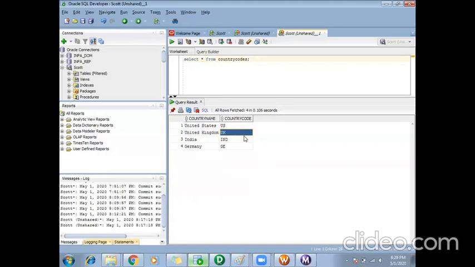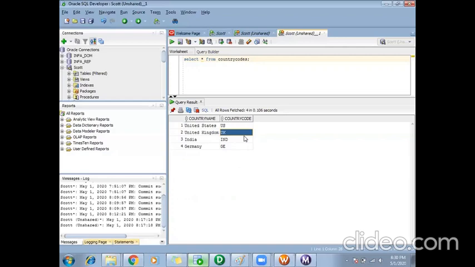So again, this is kind of a real-time scenario where we use lookup transformations. We want to fetch the country code. This will be a static table which will have the details of all the countries, that is the country name and the country code.